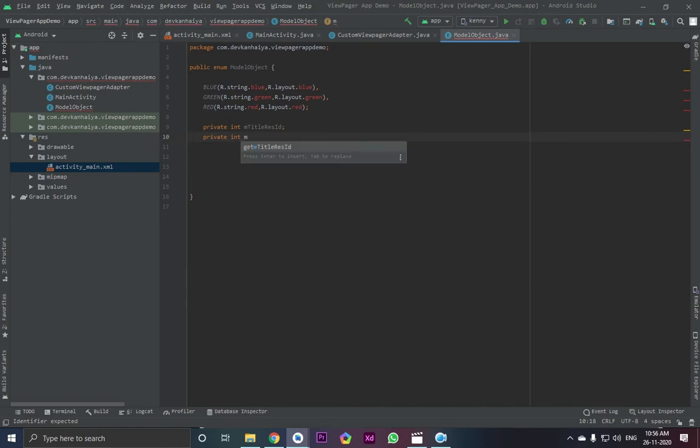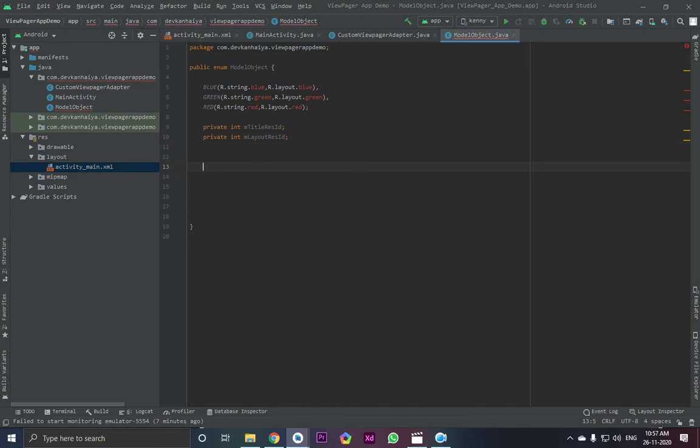Now layout, mLayoutResourceId. Now we need to create a constructor. How can you create a constructor?